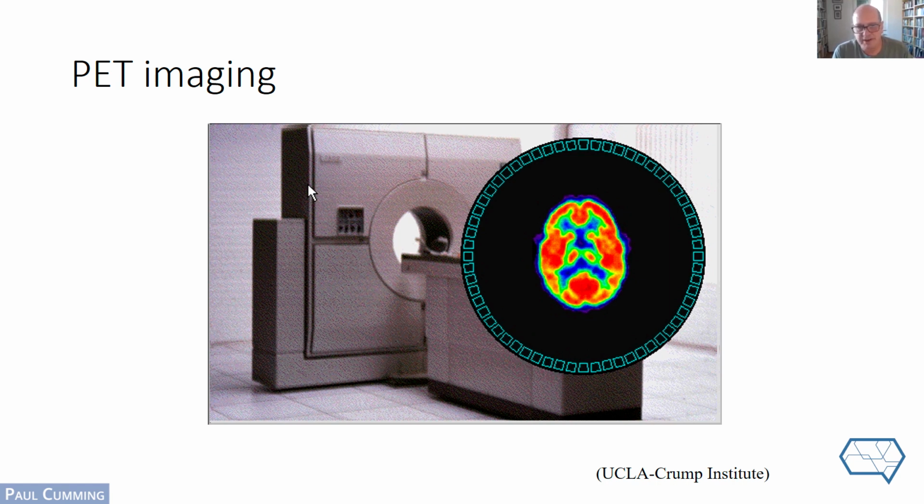Fluorodeoxyglucose is the most widely used tracer for molecular imaging in brain because it's so darn useful. Fluorodeoxyglucose contains fluorine 18 in its nuclear medicine application, and otherwise contains a derivative of glucose that behaves much like natural glucose, but carries with it the radioactivity from the fluorine 18. And so it allows you to track the metabolic activity in brain. Next slide.